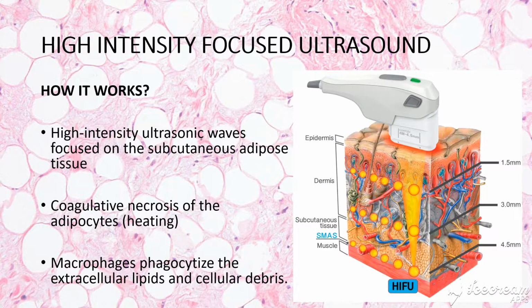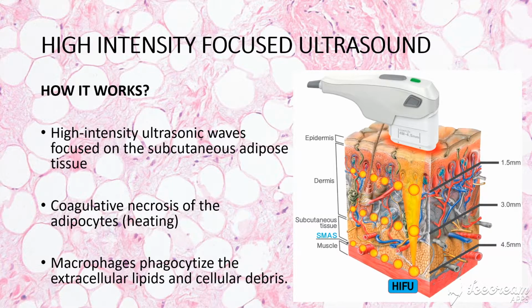However, at the level of the subcutaneous adipose tissue, the waves are focused at a high enough intensity to provoke hyperthermia and internal cavitation. By causing molecular vibration, rapid heating is generated, denaturing the adipose cell proteins,